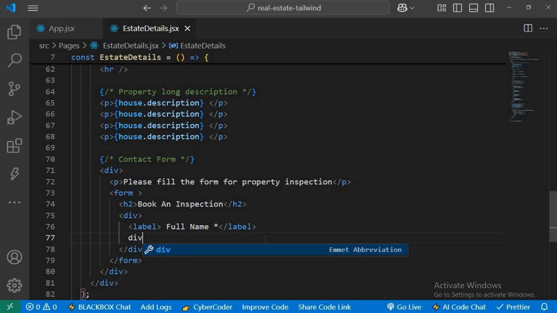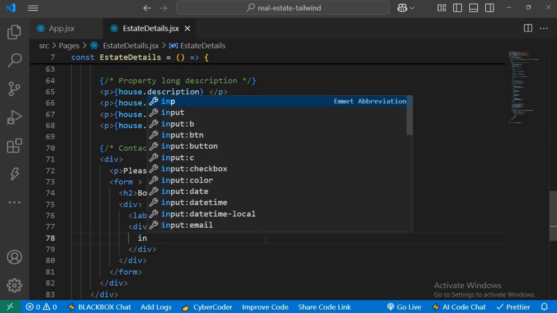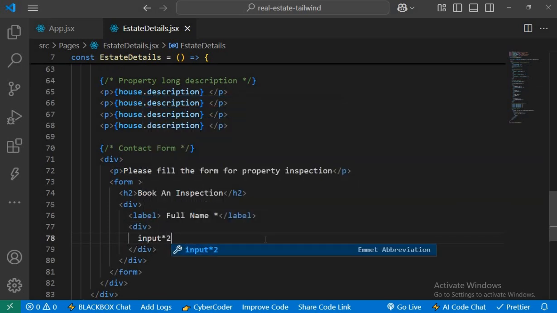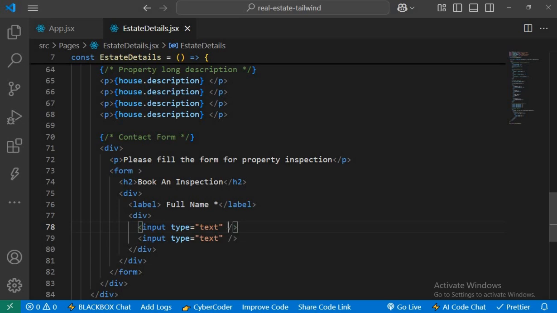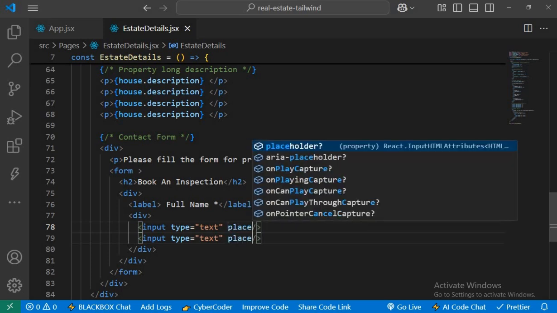Then we'll have a div tag for the input field, which is going to be 2. So the first one is a text, the second one is a text as well. And we need a placeholder. So here, I'm just going to select both, Control Alt, then select. So here, placeholder,